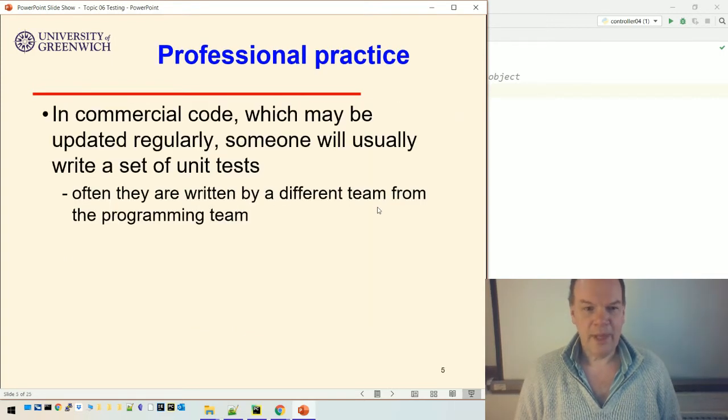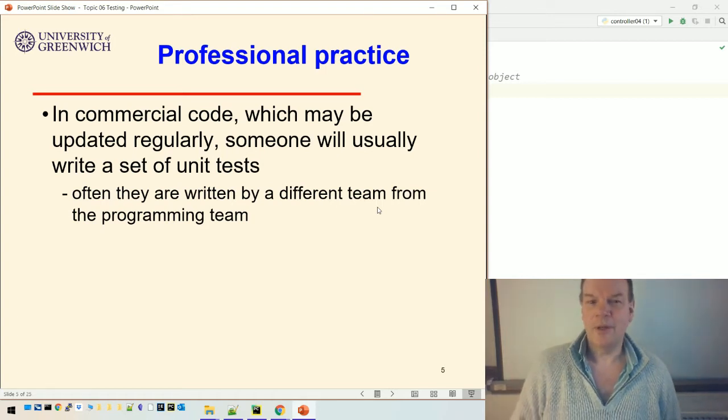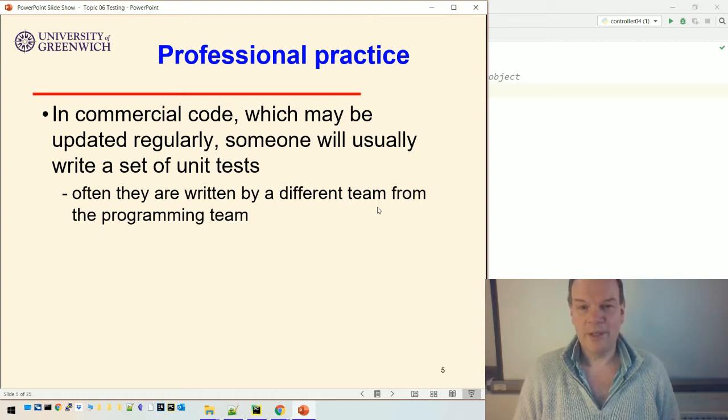Okay, so this is a common feature of commercial code. Commercial code often may be updated regularly, and often it might have lots of people working on it, which means that one person might write some code that breaks another bit of code that somebody else has written. Hopefully that won't happen because hopefully the code has been structured well. But